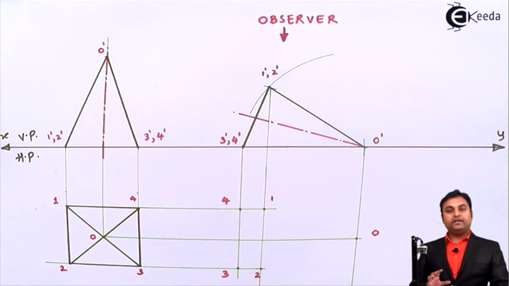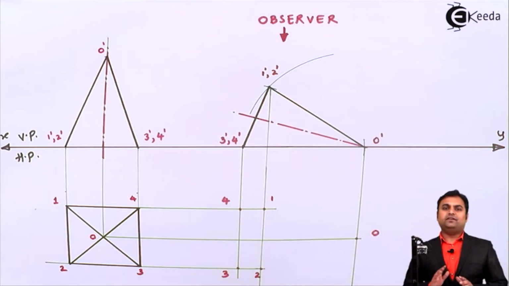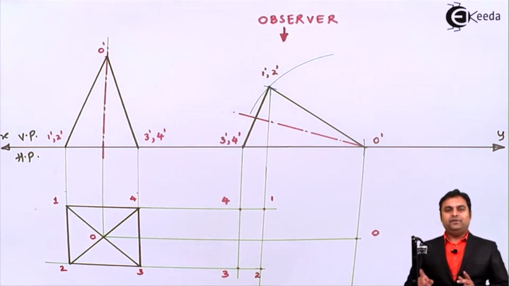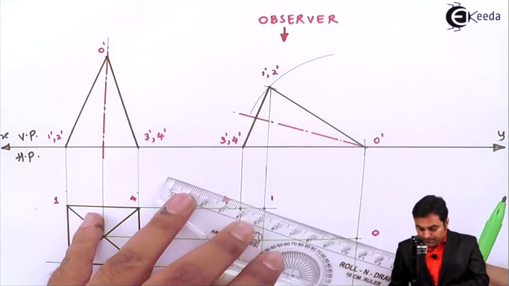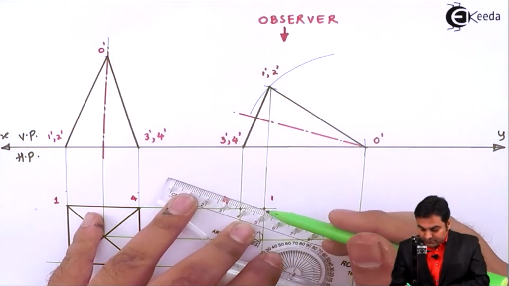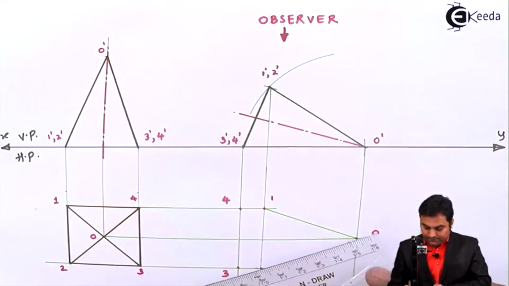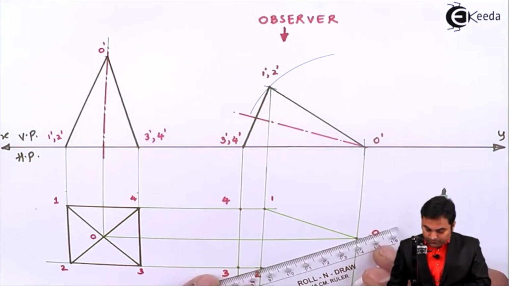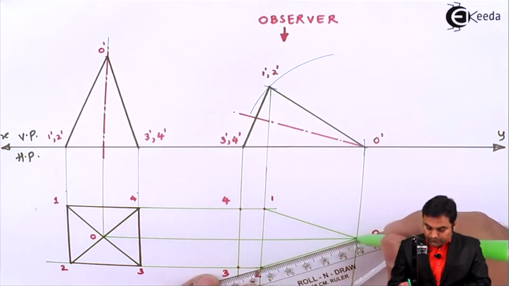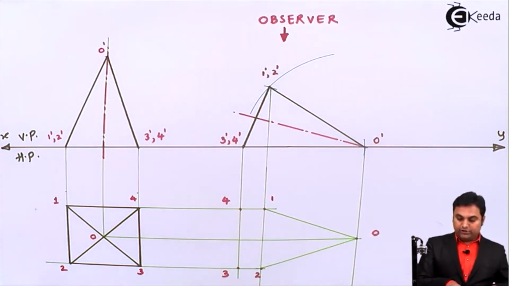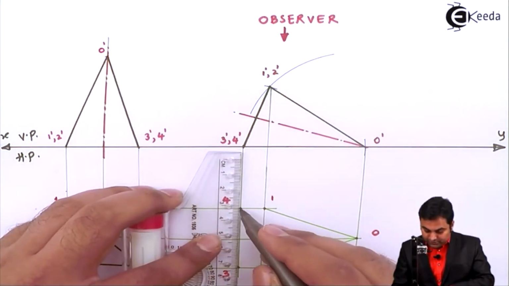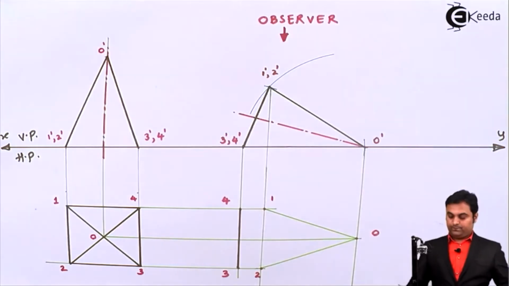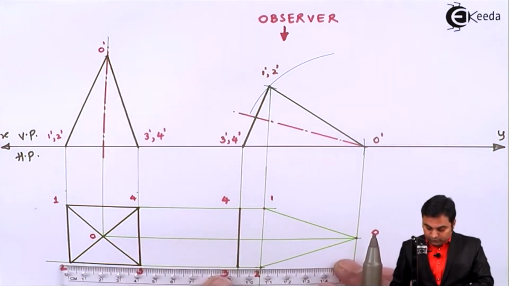Now when I would be connecting this, first I'll join the outlines because in drawing, outlines are never hidden. So I'll make the outlines first, drawing them light, that is from O to 1, O to 2, and then I'll join them in proper sequence to make it dark, that is 3 to 4, 2 to 3.